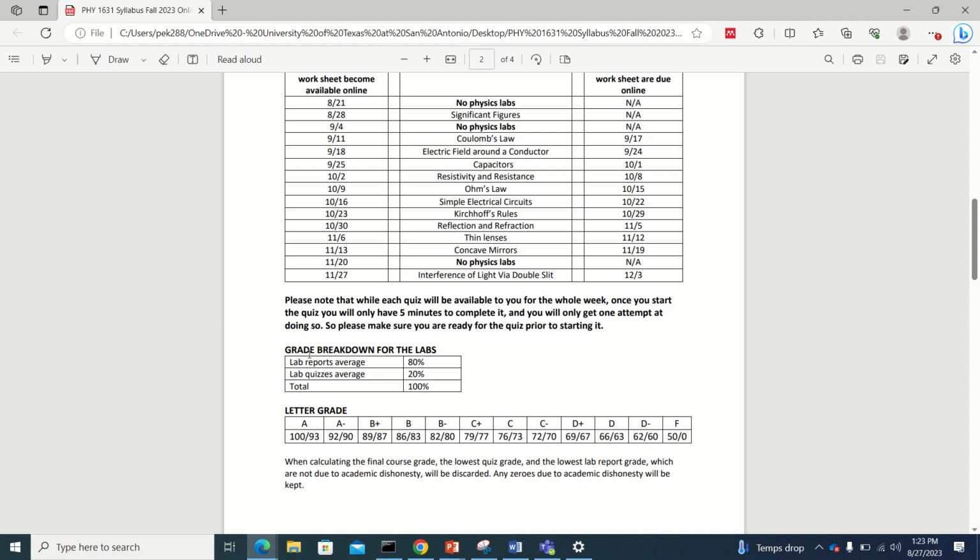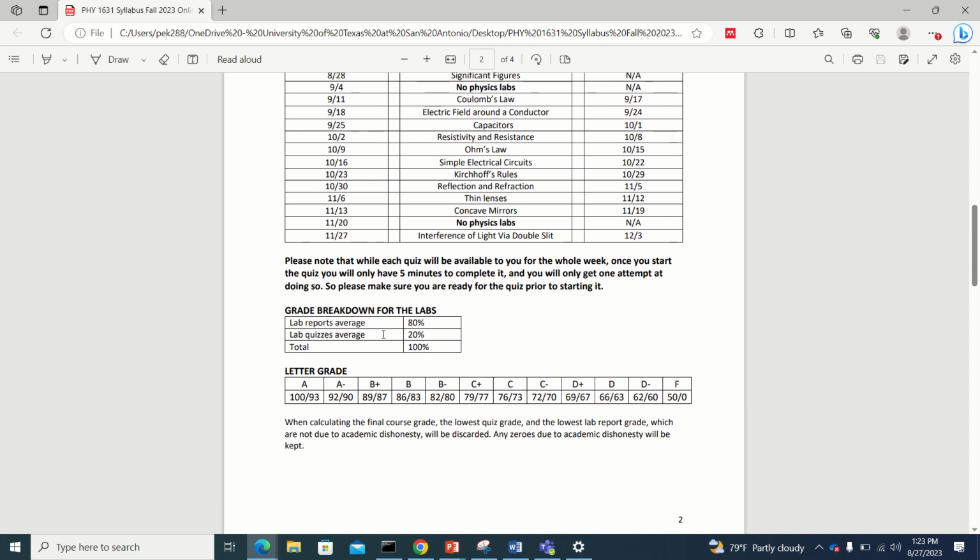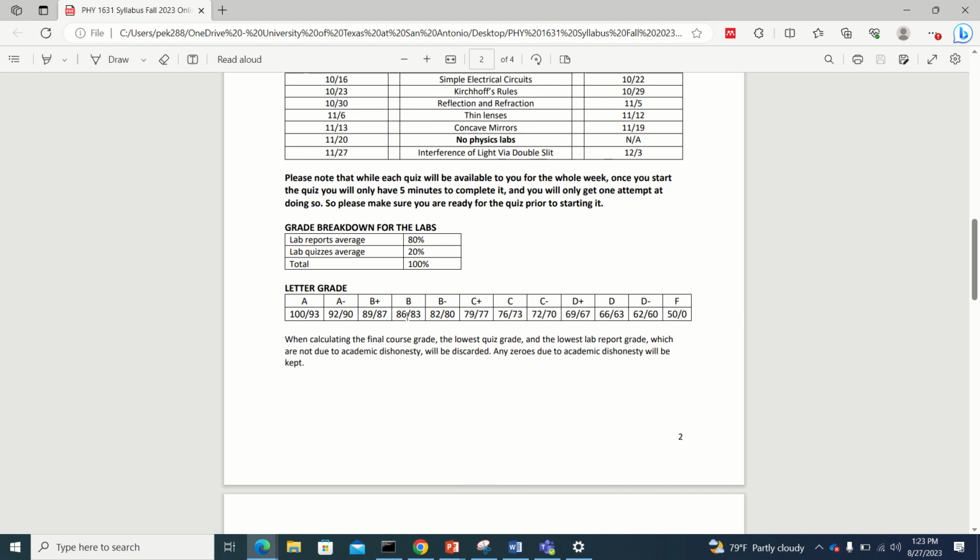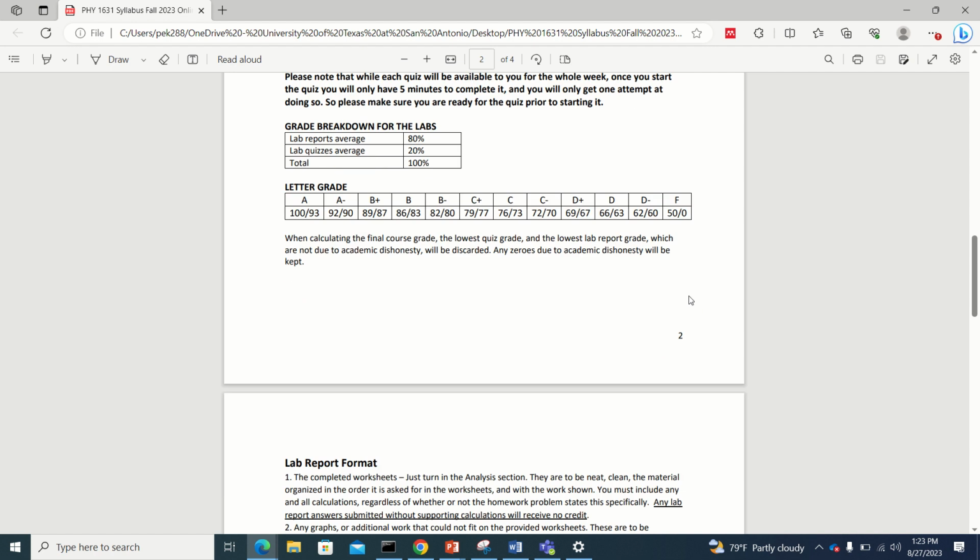Now, I would like to point out, just in case you do have an incident with a lab or a quiz, we do drop the lowest lab grade and the lowest quiz grade. So, God forbid something happens and you miss a quiz or you mess up on a quiz, the lowest quiz grade and lab grade will be dropped. That's to account for any unforeseen incidents or low quiz or lab grades. So we do drop one quiz and one lab. The grade system is going to be the A minus, B plus system, as you can see here. So an A is a 93 or above, an A minus is a 92 or above, and you could look at this to see how we determine grades in the course.